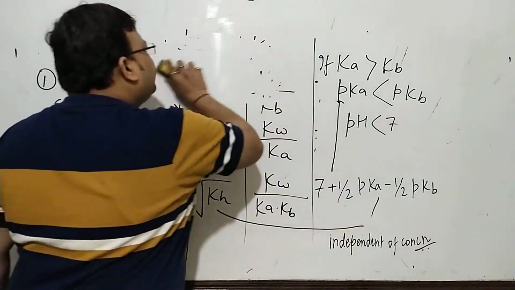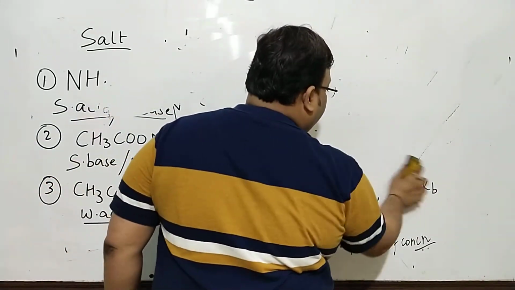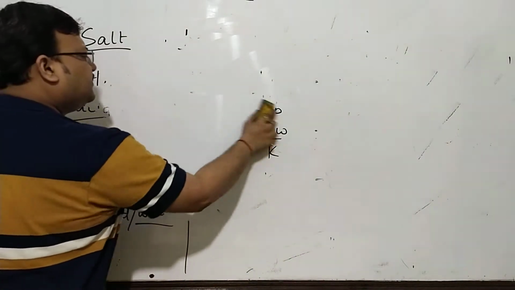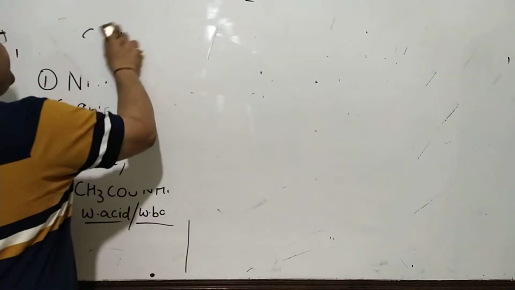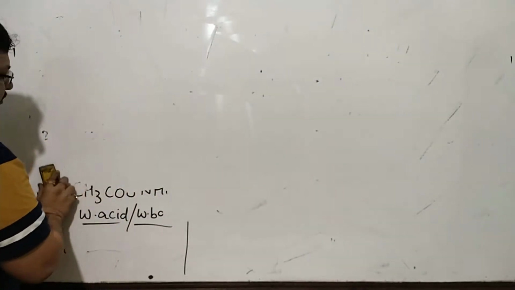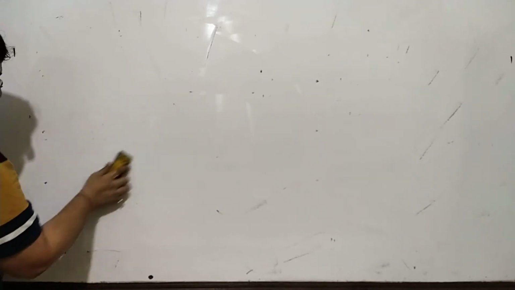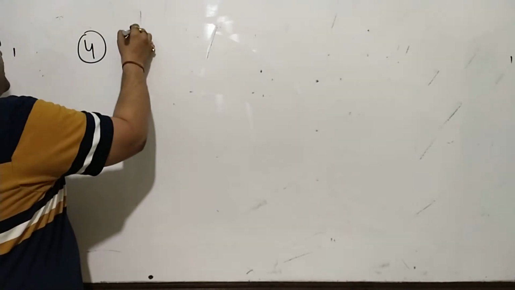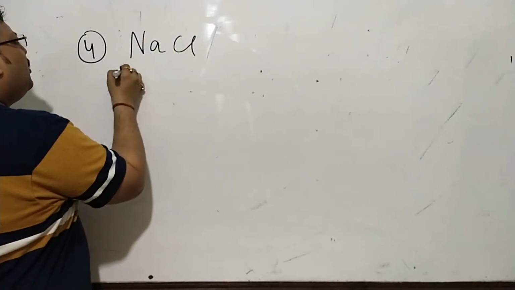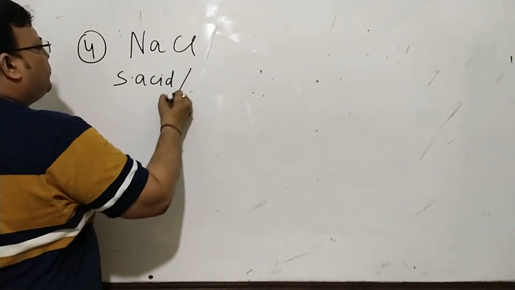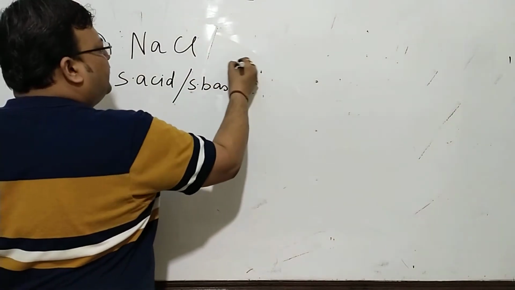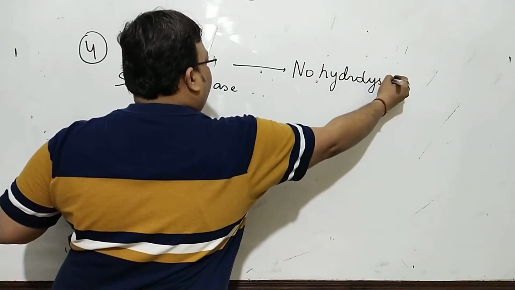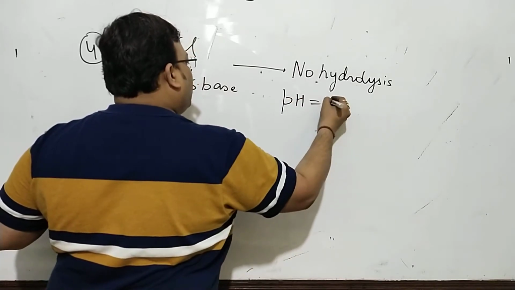So the last case where both acid and base are strong, and where the salt hydrolysis is not studied at all. And we will want to begin with the note, the fact that for the fourth type of salt, say NaCl, which is the salt of strong acid and strong base, there is no hydrolysis. There is no hydrolysis and pH is equal to 7 only at 298 Kelvin.